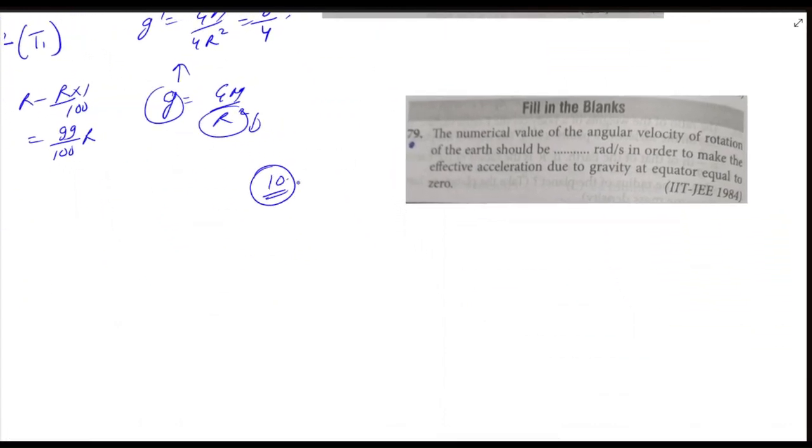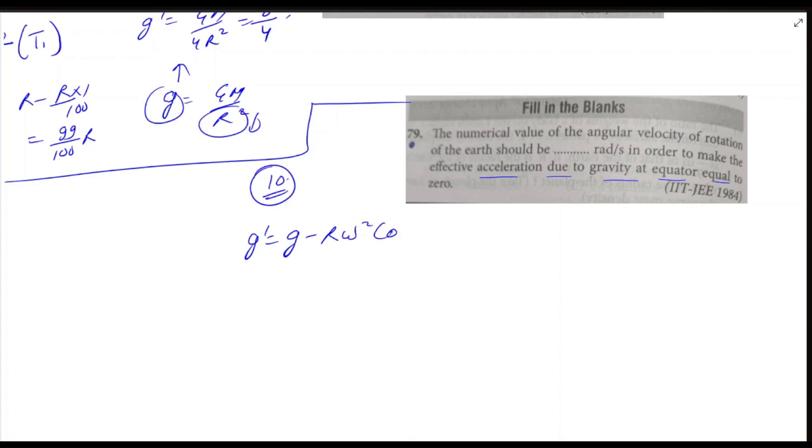Okay. So what we have here is the numerical value of angular velocity of rotation of Earth should be how many radian per second in order to make the effective acceleration due to gravity at equator equal to 0. So we know g dash was g minus r omega square cos theta, right? Now at equator, cos theta will be 90-degree, right? So if theta is 90-degree here, then